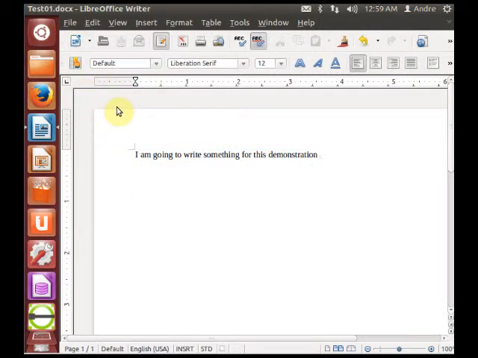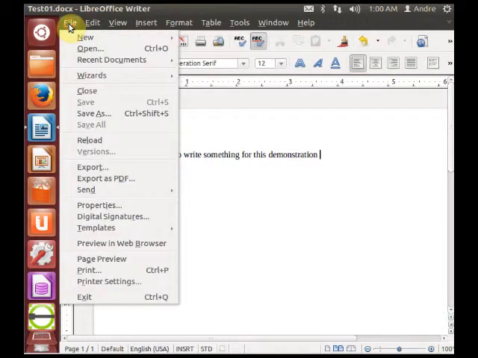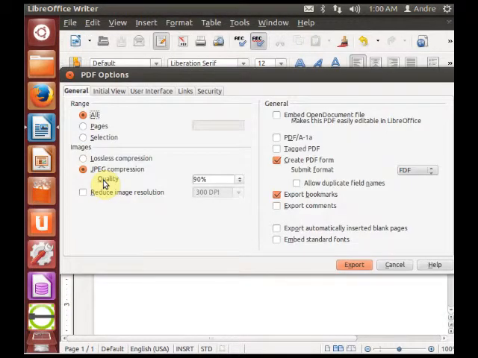Now, I've got to mention here that a nice feature of LibreOffice Writer is that you can export your file as a PDF file as well. PDF stands for Portable Document Format. So I'm going to save this as a PDF. So you go down to Export as PDF. Click on that, left mouse click on that, and same thing, left click on Export,